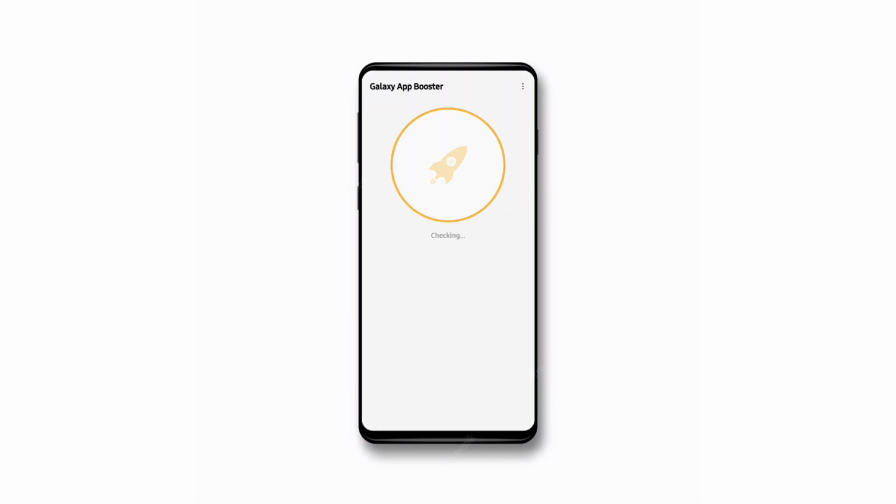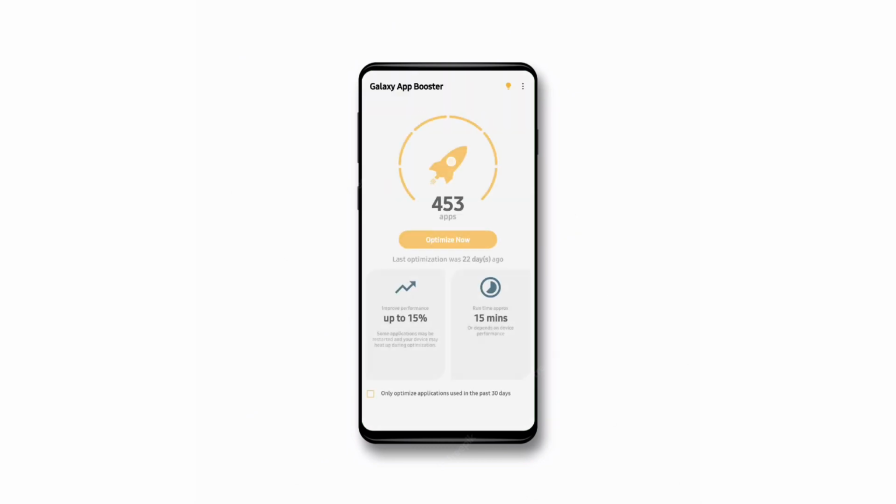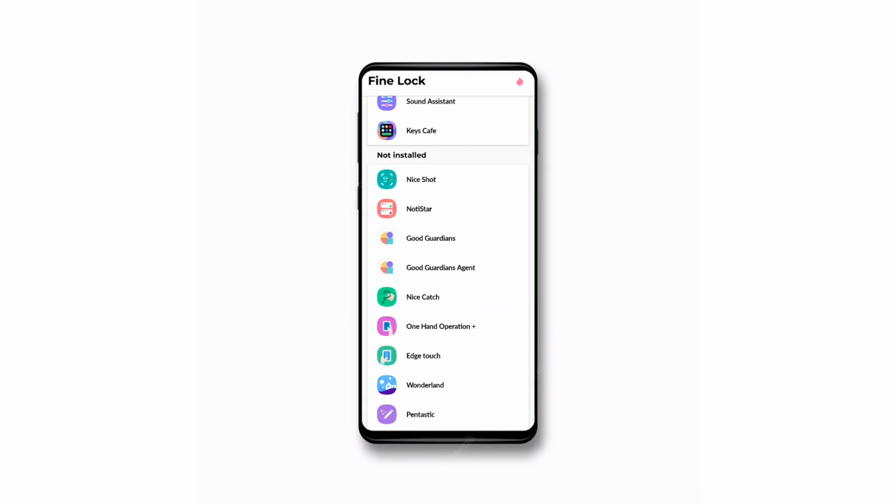With the FindLock app, for users who can't download the unsupported GoodLock app, it's easy to download and install GoodLock